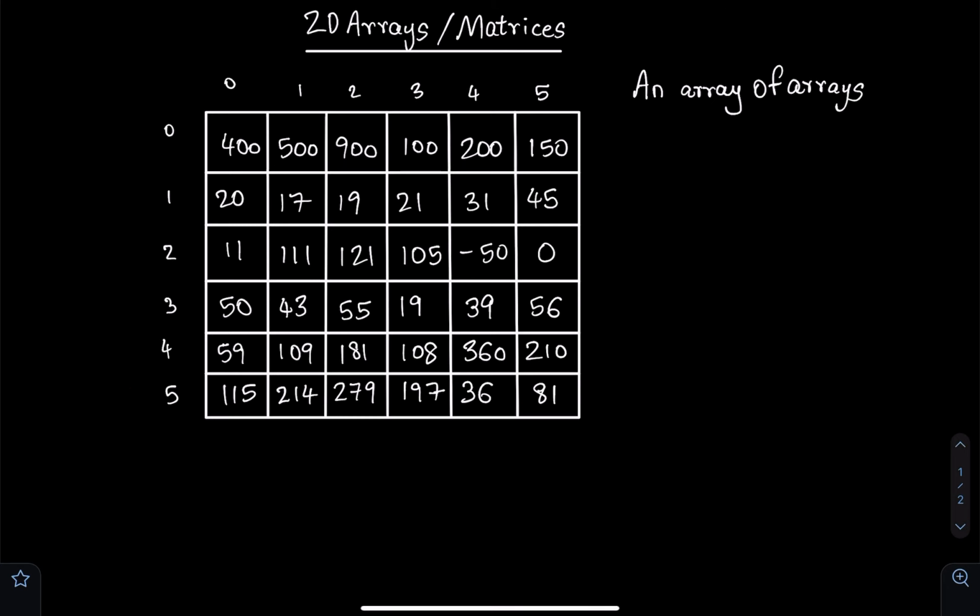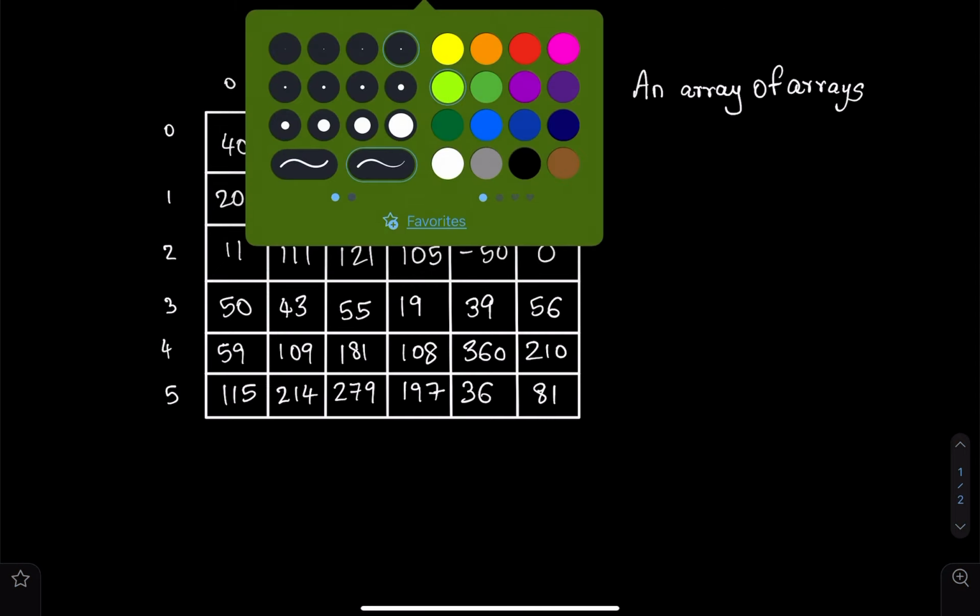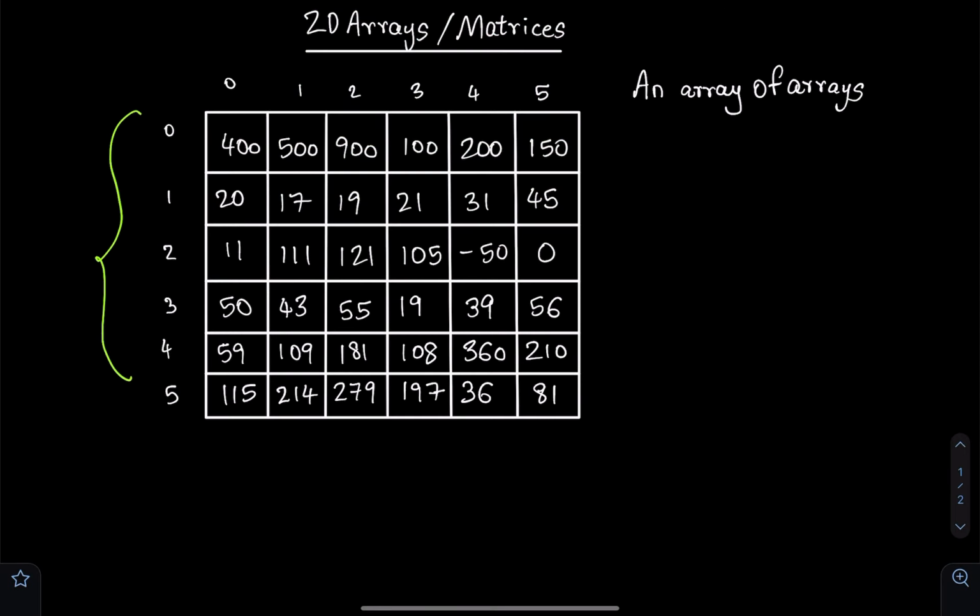So we have rows and columns. So these are called the rows, and these horizontal sections are called the columns. Actually, in the memory, it is an array of arrays, but when we draw it, we represent it as a